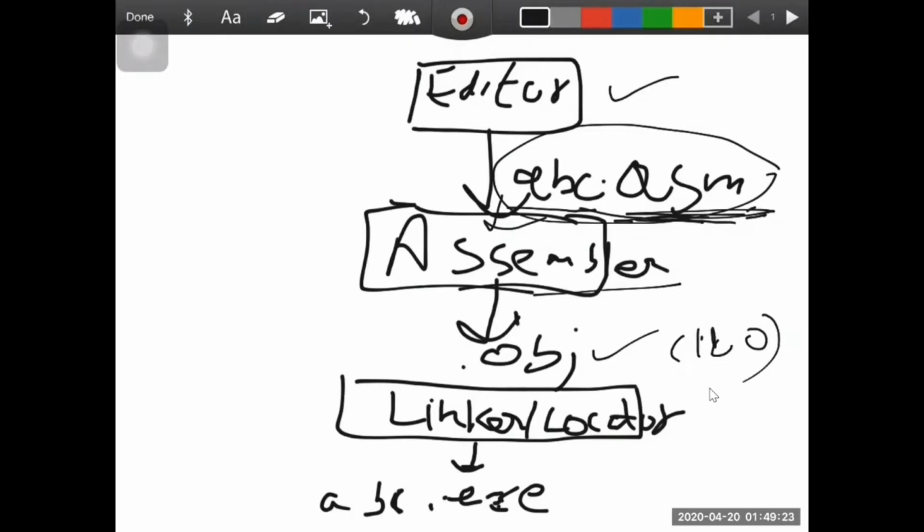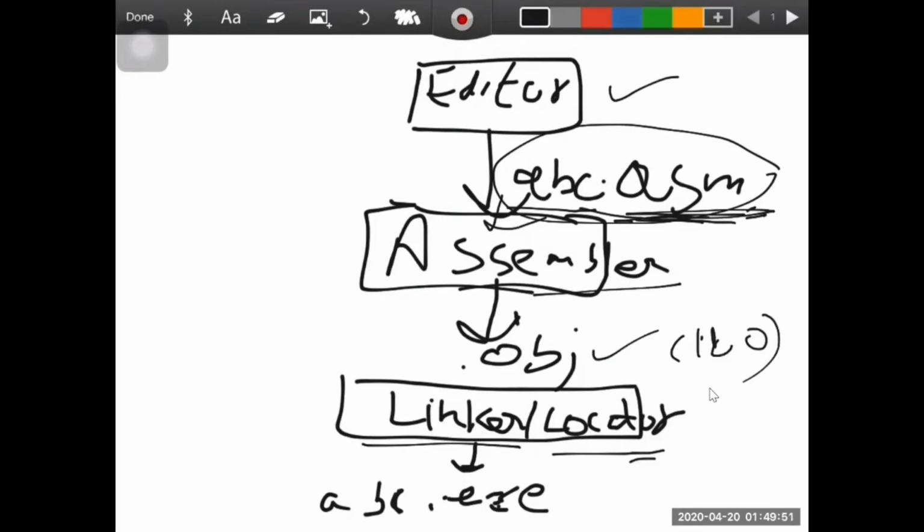Now what will the linker and locator module do? The linker is basically used to link the various object files. If we have more than one object file, we link all of them into one combined file. Now what will the locator do? The locator performs the crucial function of assigning memory locations to the object file, that is, where to locate that file.